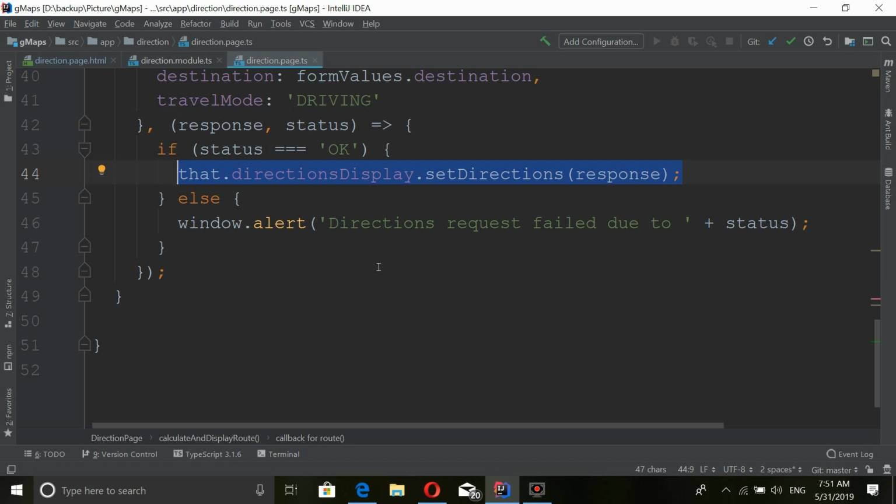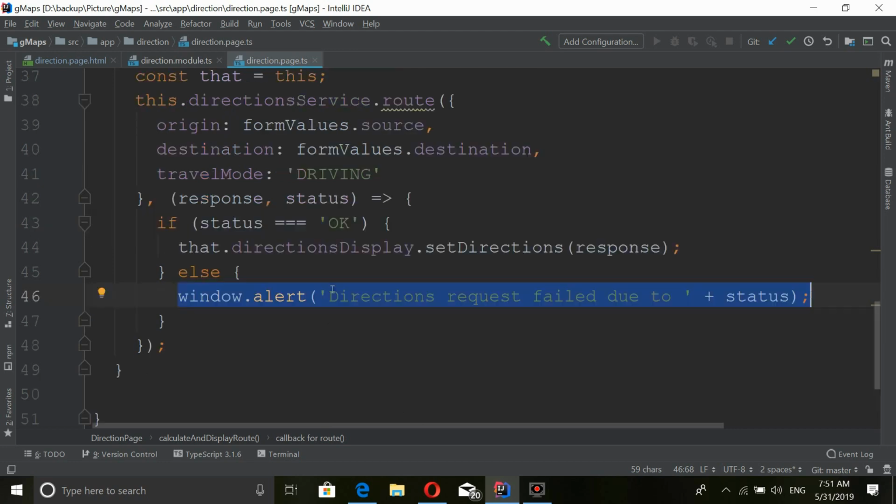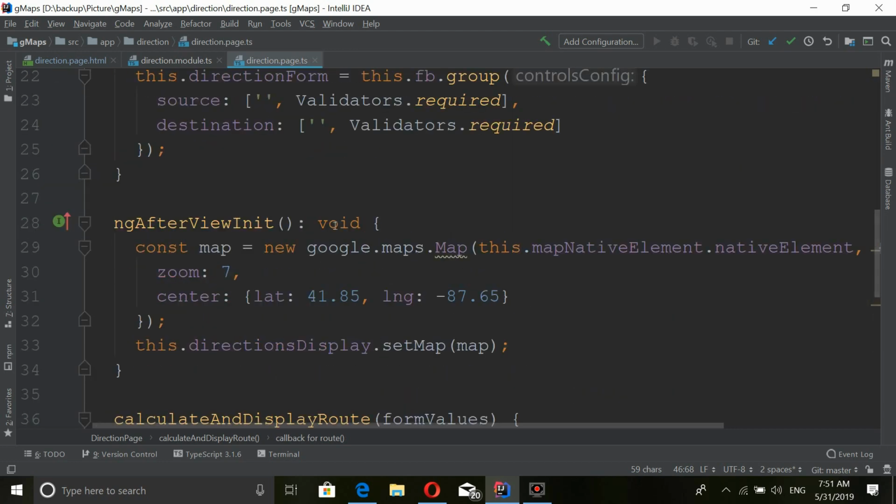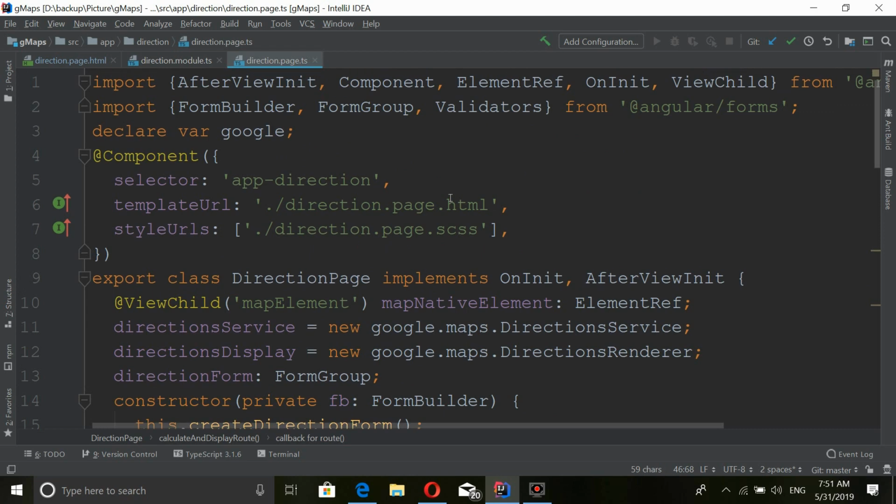If we do not get the response, we will show an error to the user. So I'm just using the window.alert method. This is not the right way, you should use your Ionic alert methods. This is the simple thing, guys. We have implemented the Google Maps direction service in our Ionic 4 application. That is everything.